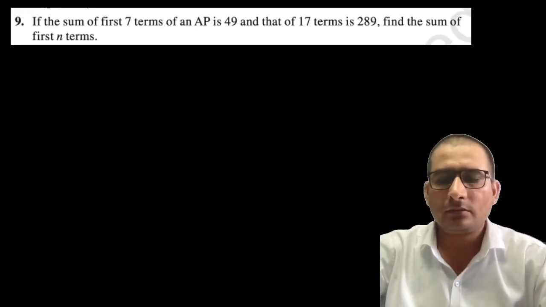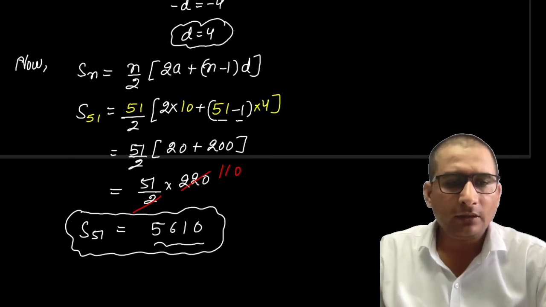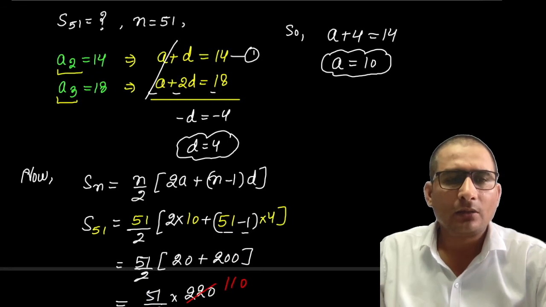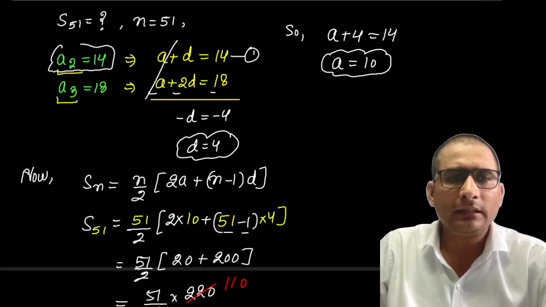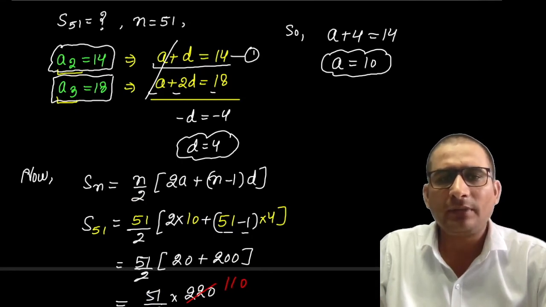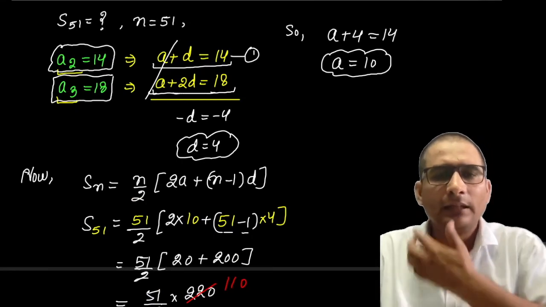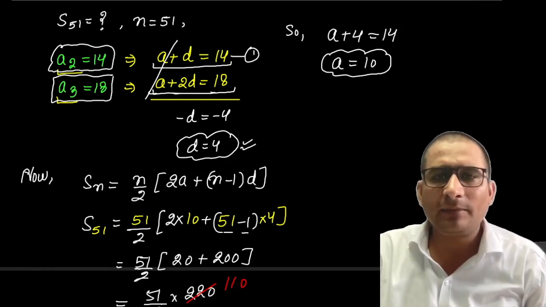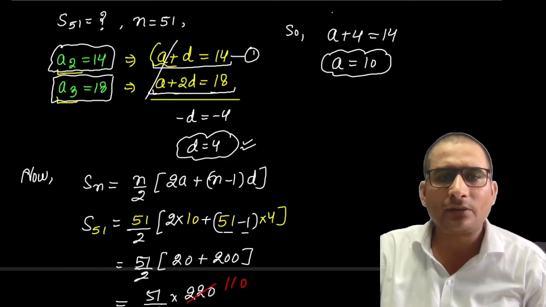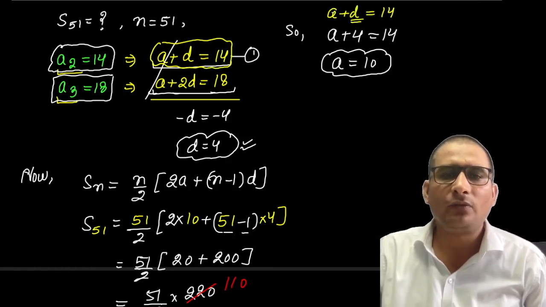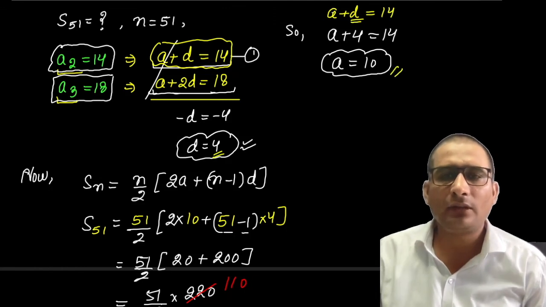Now let's इसमें move. A की वैल्यू कैसे निकालें? The value of A and D हमने find out की है by using this given terms in the question. Question में given था A2 is equal to 14 and A3 is equal to 18. So इन दो equations से हमने elimination लगाया है. तो elimination method लगाया तो D मिल गया. If you look at this equation A plus D equal to 14, मैंने यहाँ पे D की वैल्यू 4 रख दी. So then we have got the value of A, right?